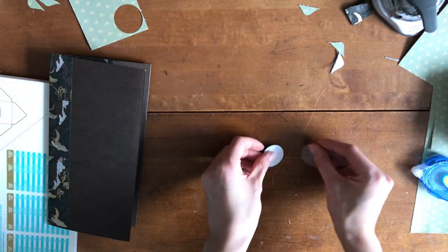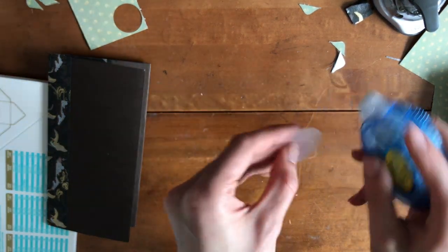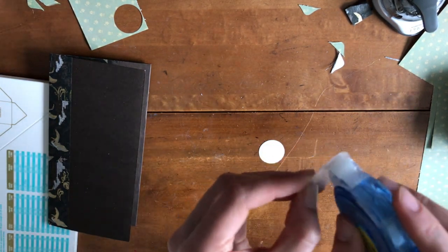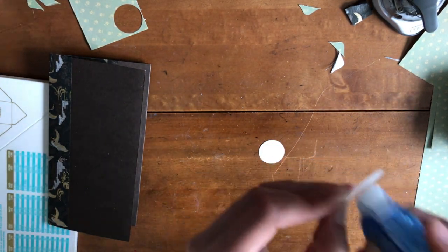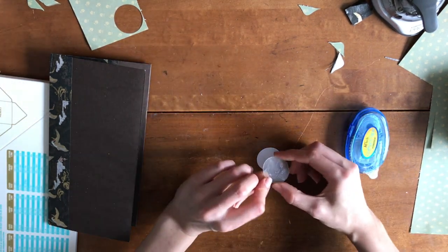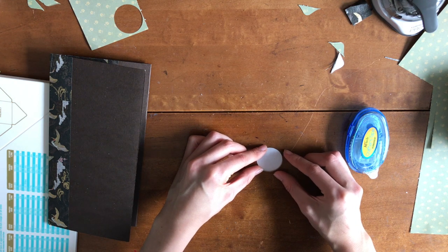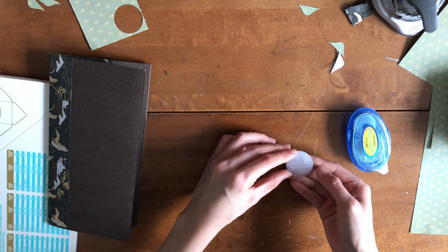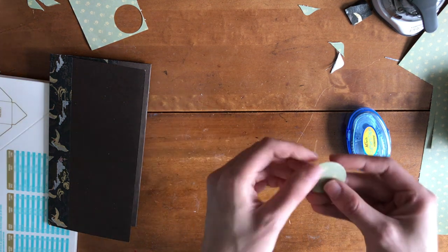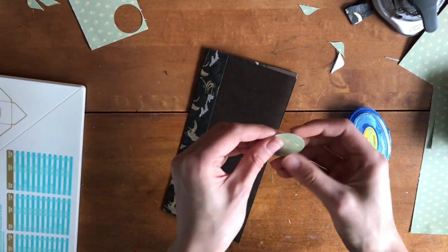All right, and then you just glue this baby on. Really get the corners so that it doesn't fall off. There we go. Actually, I think it'd be easier if I did that. Yeah. Uh-oh. There we go. Solid. Cool. There we go. So what you're going to do